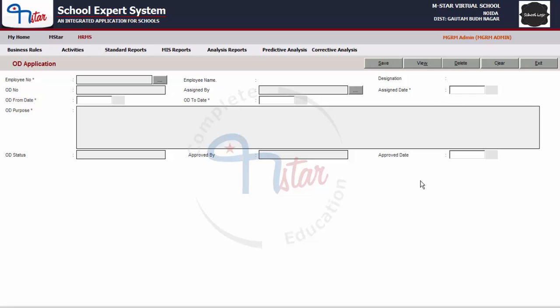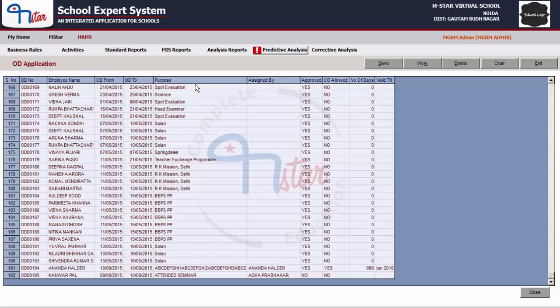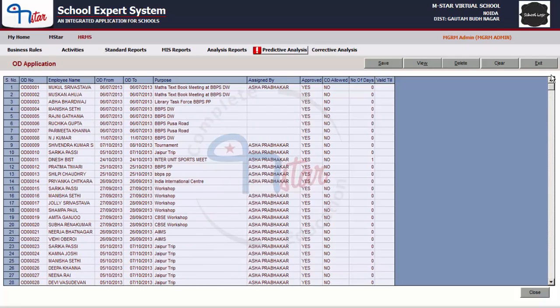Now let us see how to view the existing applications that we have just seen. Click on the button View and it will display all the OD applications that have been entered till date. It will also show us the status of each application. Once you click on the View button, a new window opens showing us the OD number, the employee name for which the OD application was entered,